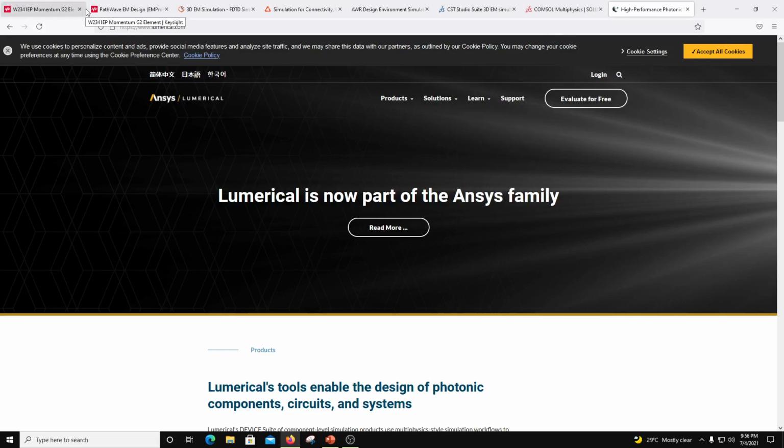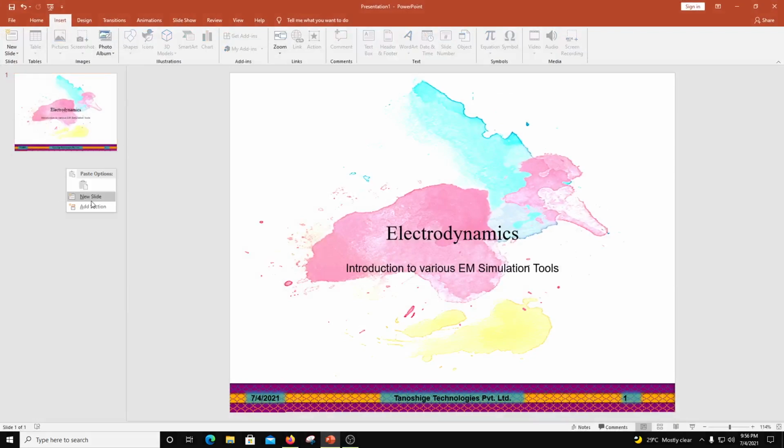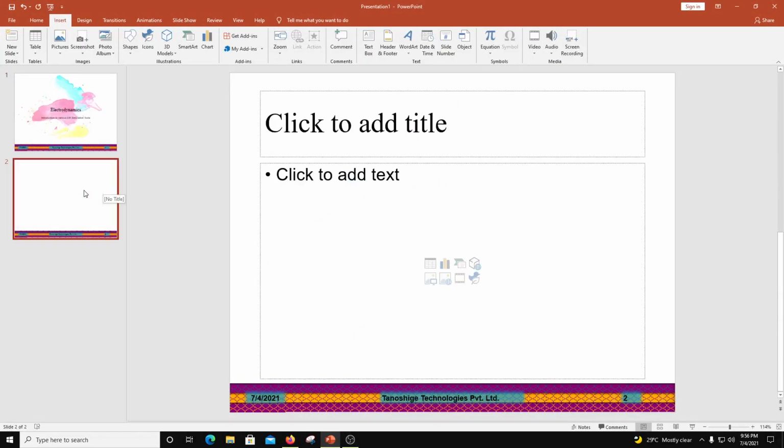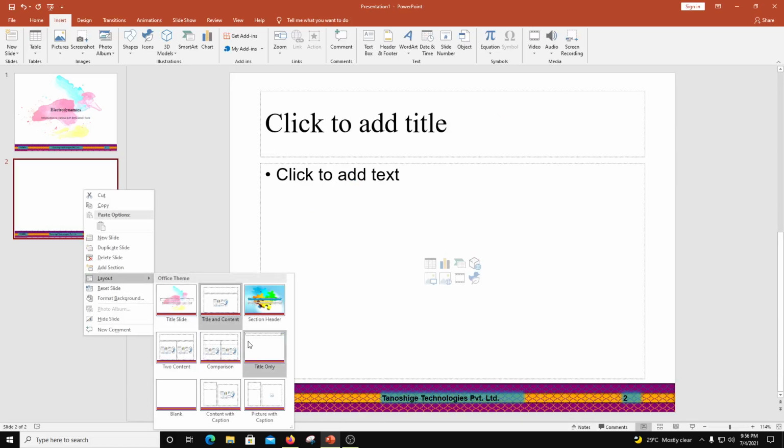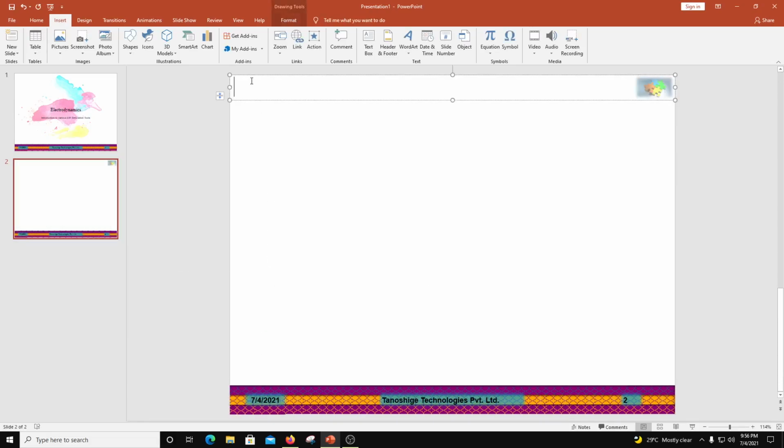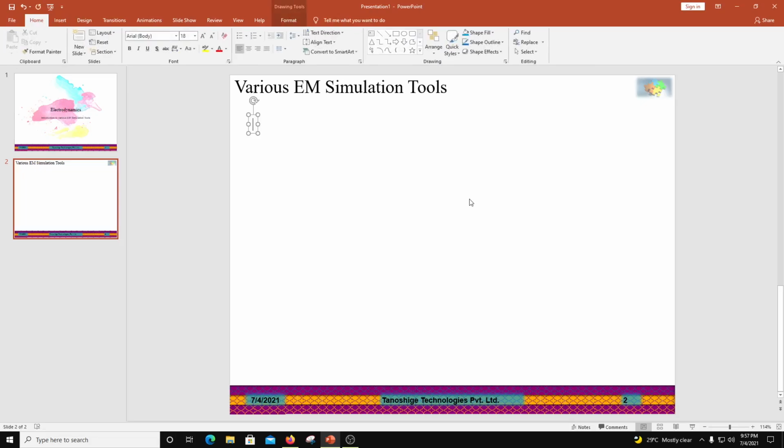So this is a brief review of different simulation tools, and I am going to just list them out now. The reason for listing them out is very simple: you keep in mind the various EM simulation tools which are available. What you have to keep in mind is what they are used for. As a designer, you are more interested in what you can use for what. So I'm going to start with the